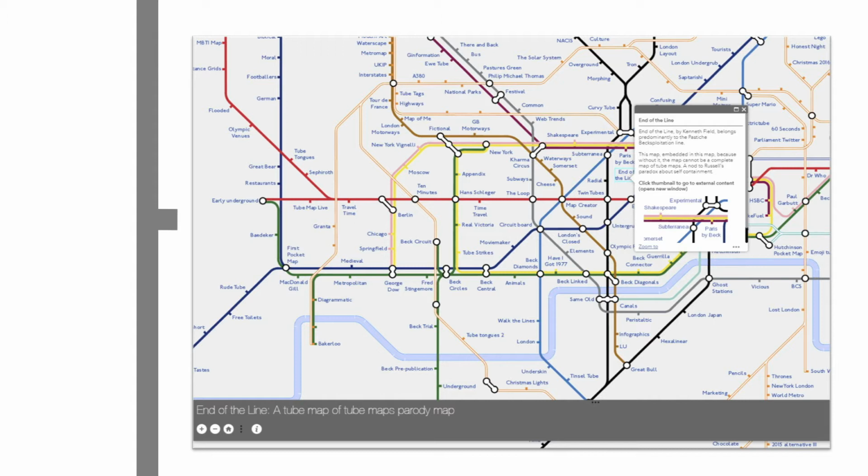To the extent that a couple of years ago I started cataloguing all of these so-called maps, diagrams, no, that was last year's debate, and put them on a tube map. So you can find this if you want. It's a tube map of tube maps parody map. And that little pop-up actually is a recursive loop because it's a pop-up that takes you back to this same map. So there's all sorts of nonsense going on in here.